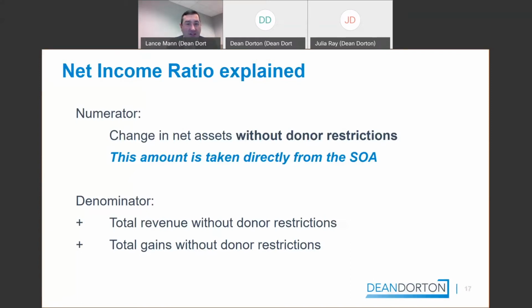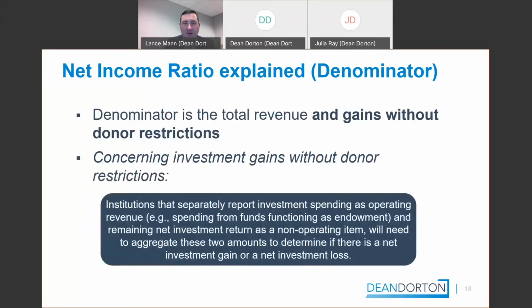So the numerator is change in net assets without donor restrictions divided by total revenue without donor restrictions plus total gains without donor restrictions. And those are pulled right off your statement of activities. So the denominator is total revenue and gains without donor restrictions.